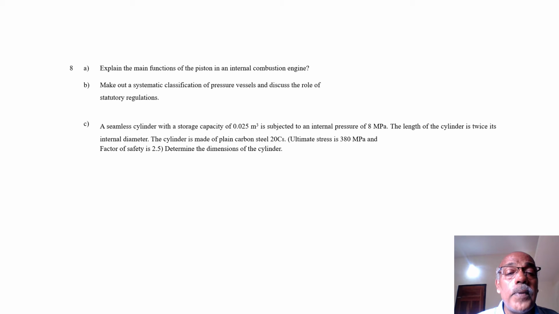As for the main function of piston in an internal combustion engine, everybody knows that. What is the function of piston? Piston is the actuating member, because in a reciprocating mechanism, the piston is the starting element. What is the starting movement? It is 100% linear motion. Then the piston rod comes. Piston rod, what is the movement? Partially rotary and partially linear. Then comes the connecting rod, that is also partially linear and partially rotary. Then comes the crankshaft, fully rotary.